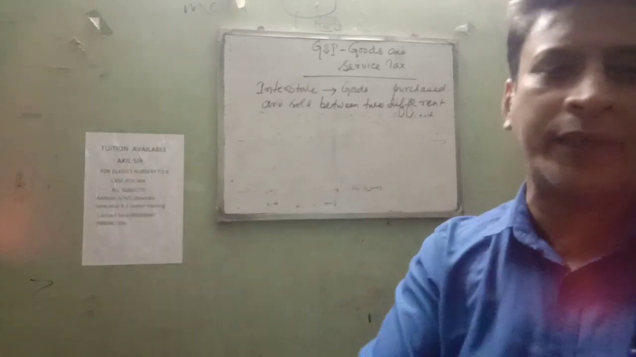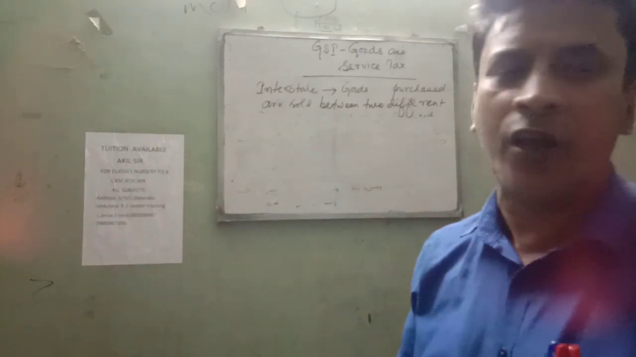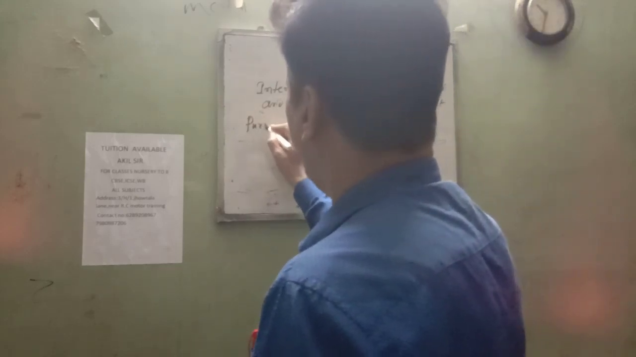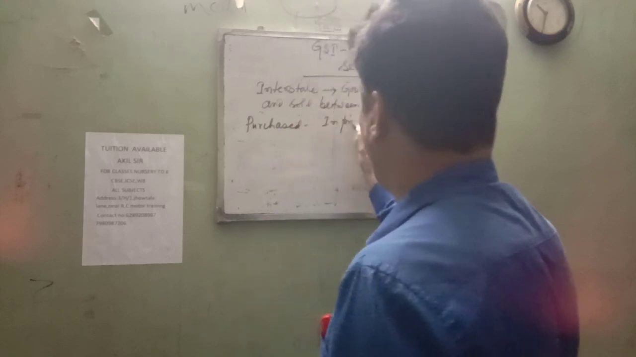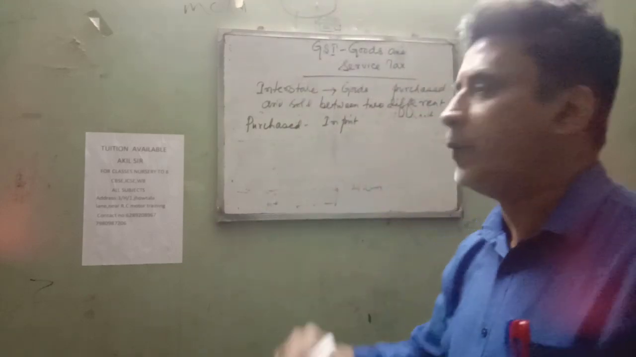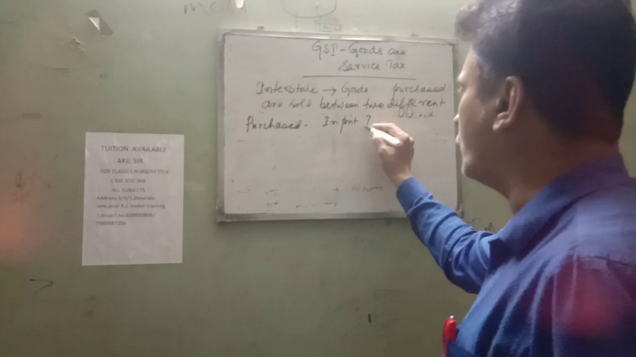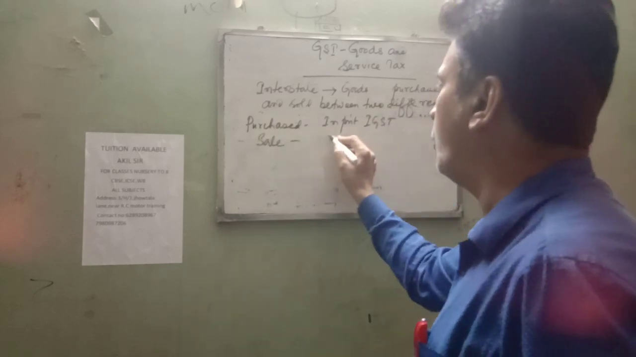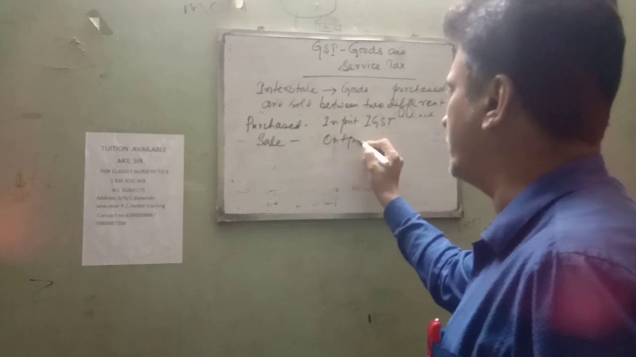पेड और टैक्स कलेक्टेड गोज टू सेंट्रल गवर्नमेंट। So in that case, परचेज में क्या होगा, परचेज में होगा इनपुट आईजीएसटी, देयर इज नो सीजीएसटी एसजीएसटी पार्ट। परचेज में क्या करेंगे, इनपुट आईजीएसटी, एंड सेल में क्या करेंगे, आउटपुट आईजीएसटी।